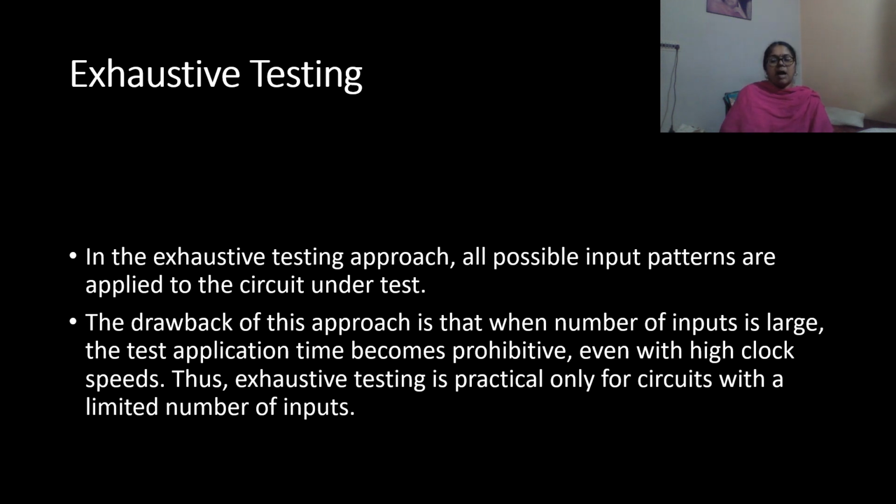However, any fault that converts the combinational circuit into a sequential circuit, for example a bridging fault, cannot be detected. The drawback of this approach is that when the number of inputs is large, the test application time becomes prohibitive, even with high clock speeds. Thus, exhaustive testing is practical only for circuits with a limited number of inputs.